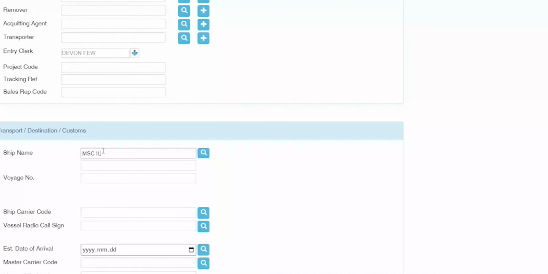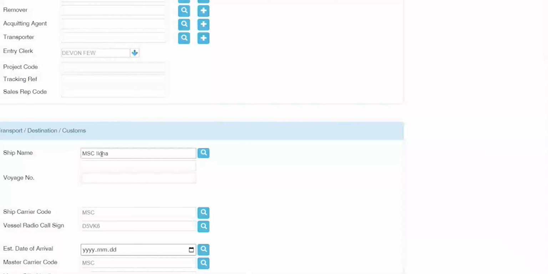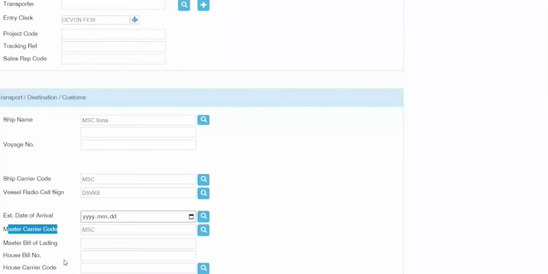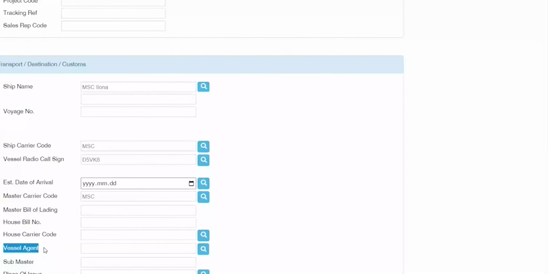So I know my vessel name because I've received my master bill of lading on the straight shipment that I've got here. So if I press tab, I can see MSC Loaner pulls up 100% perfectly fine, the ship carrier code, vessel radio call sign, and the master carrier code. Now you'll see that vessel agent is the only one that you would need to type in manually, but the beautiful thing is the vessel agent for MSC is MSC. If you were using Evergreen, for instance,